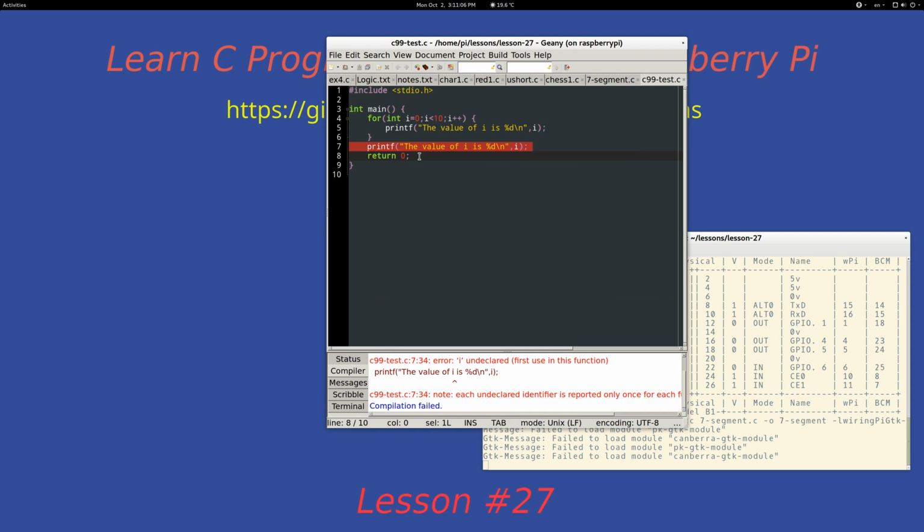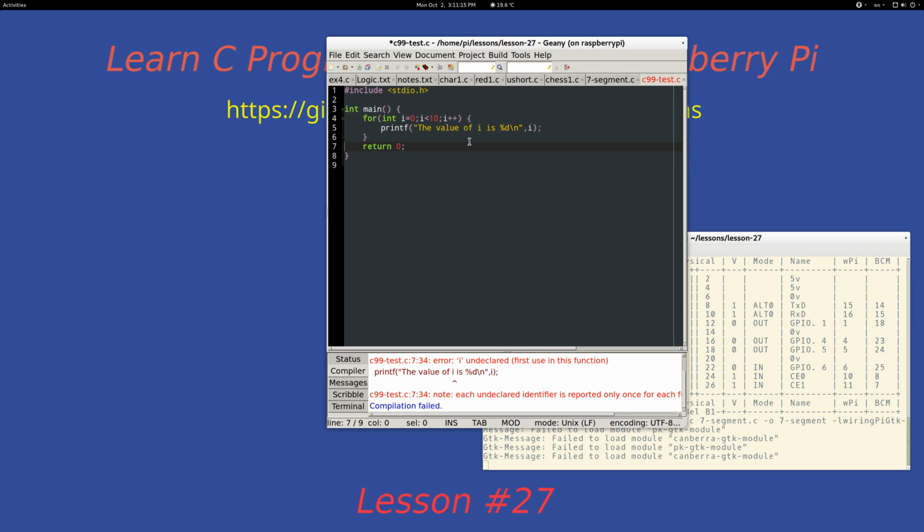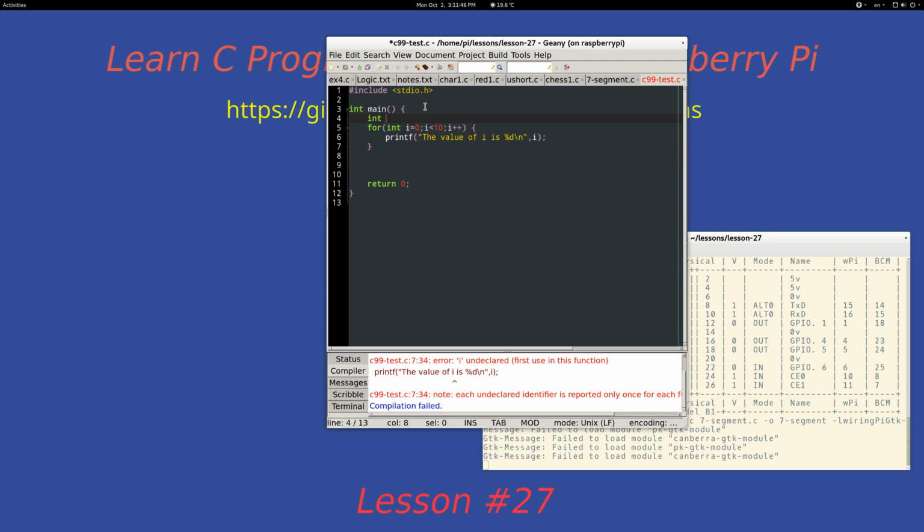Okay. So this is one of the features of the C99 standard: you can declare the control variable of a for loop right inside the loop itself, and that control variable exists only during the lifetime of the loop. In other words, once you get out of the loop, this I no longer exists, so you can't use it down here. There just isn't an I here. But there is if you make it up here, like this, int I equals 12, and then I put the print statement